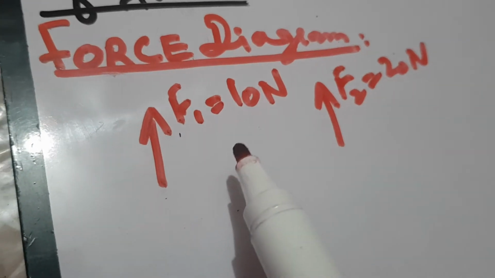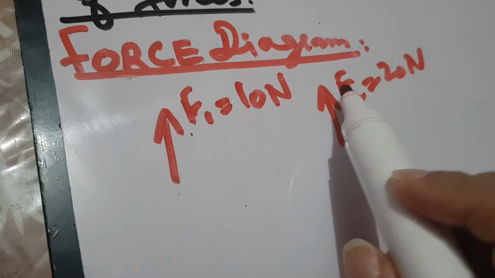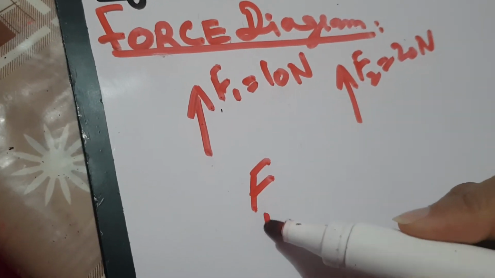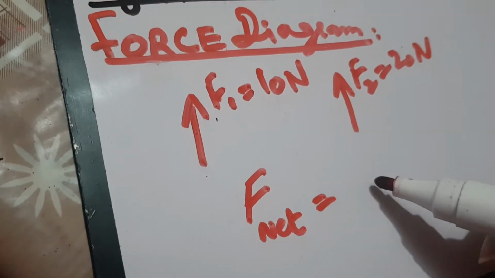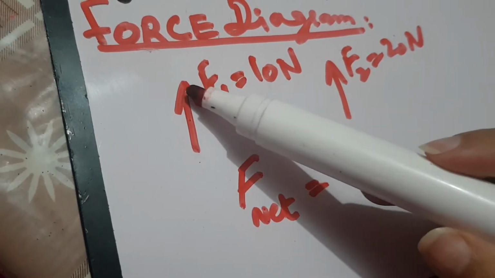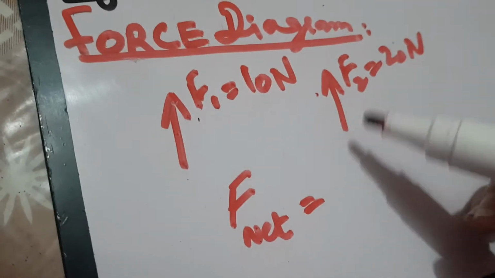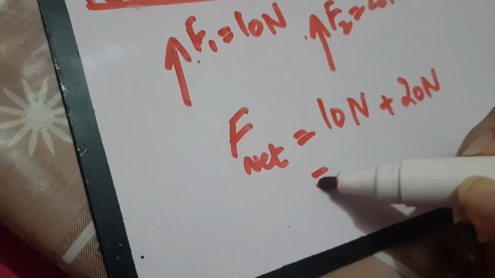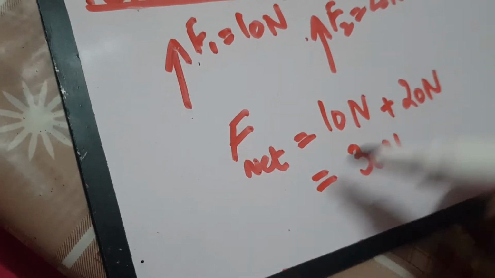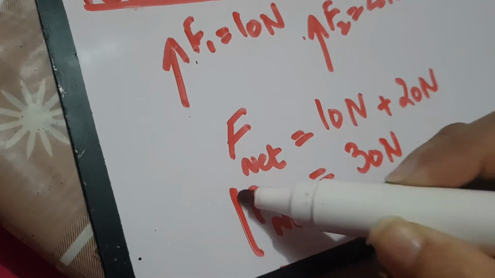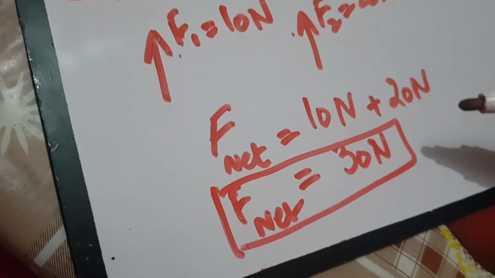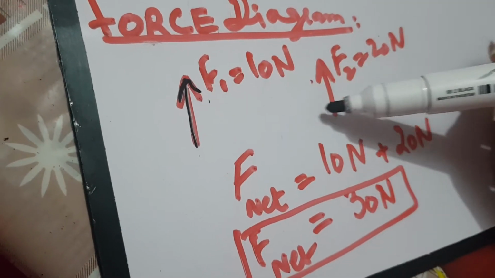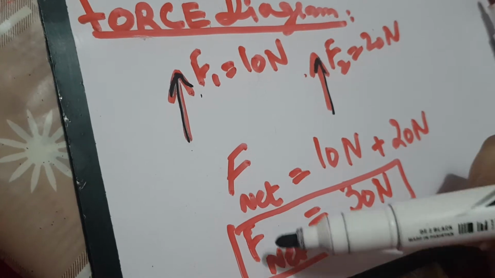When you add these two forces, not only direction but also magnitude, the resultant force that you will obtain is F net or F resultant. It is the sum of all the forces, because this and this force are acting in the same direction. If this is 10 newtons plus the other one is 20 newtons, then its sum will automatically be 30 newtons. It means that the net force which will act on an object is 30 newtons. And this diagram shows the direction of these forces, and how we will show the direction of this 30 newton force, because this is the net force.